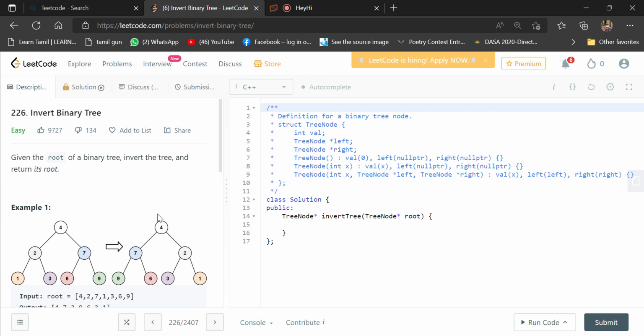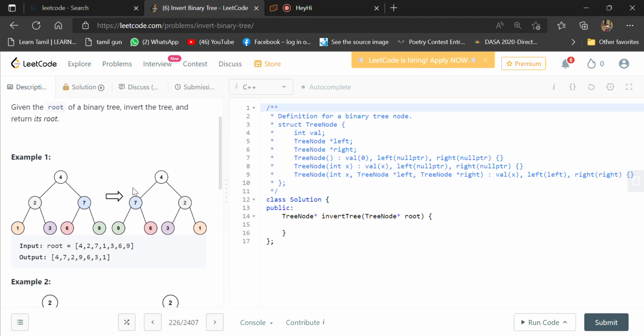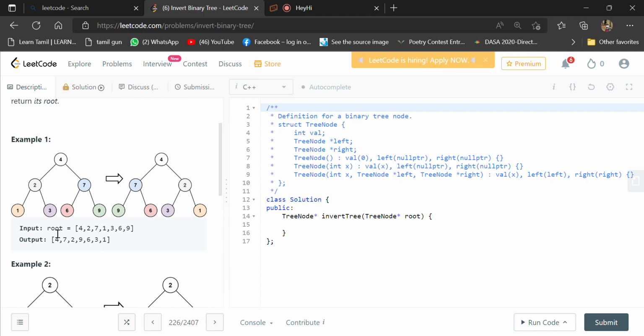So today's LeetCode problem is invert binary tree. Given the root of a binary tree, we have to invert the tree and return its root. First, we'll just be given a root. So we see that our input will be